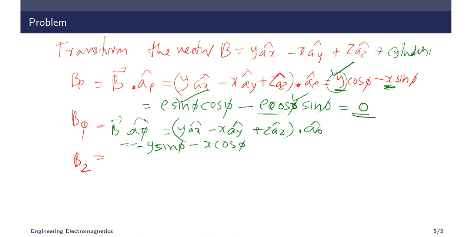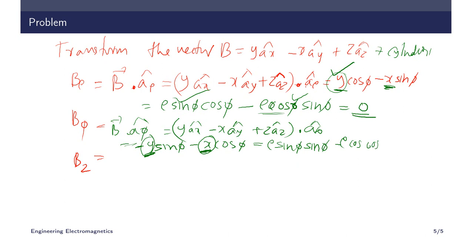So again the same problem, y and x are not in cylindrical, so we have to convert this one. This is very important, most of the time we make this mistake, we stop here. But the problem is we want the values of y and x in this coordinate system, which should be substituted. So y and x should be converted to cylindrical. So what is the value of y? y is rho sin phi, minus x, which is rho cos phi.